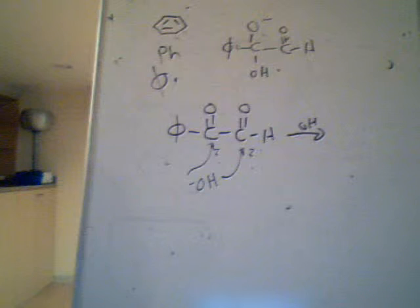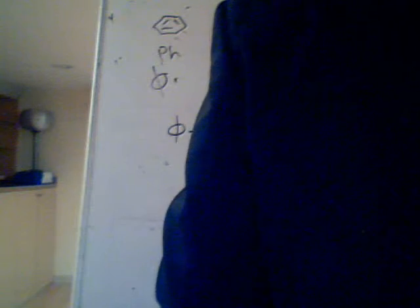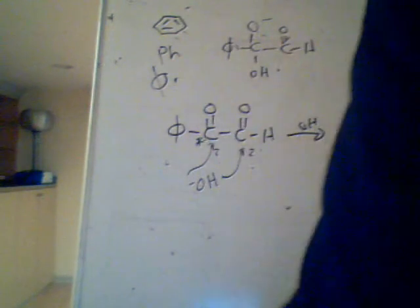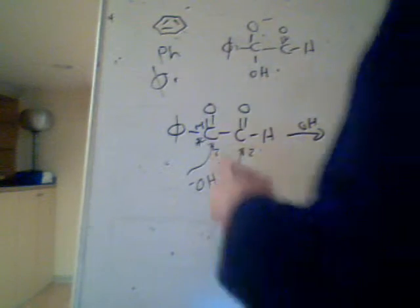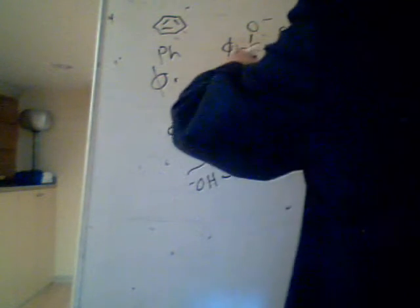And then we've got a couple of possibilities once that happens. Depending on whether it adds one way or the other way, we're going to get one of two possibilities. So if we start out by taking our phenyl glyoxal and we label it, we won't use carbon 11 now, we'll use something like carbon 14, which is a lot easier to obtain, we can put a carbon 14 atom right here. I'll use the asterisk to indicate that that's a radioactive carbon atom. We put that in there, and then we add OH to that, and we can get this,